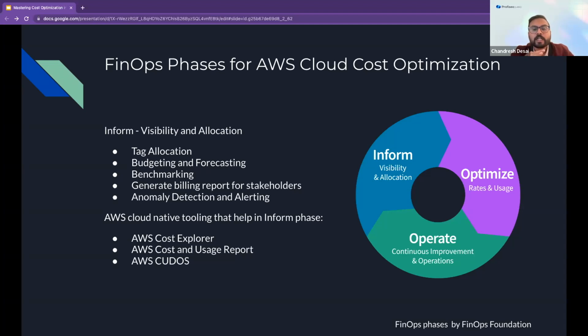And the third one is anomaly detection. The AWS billing dashboard provides anomaly detection functionality, and the best practice is to set up an anomaly detection alert to the responsible party. We can set this up using AWS native tools like AWS Budgets, or you can go to the billing dashboard and set up anomaly detection there, and it can send the alert to the responsible email address or party.